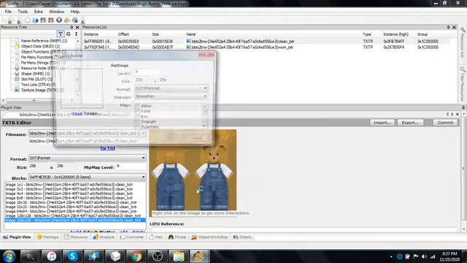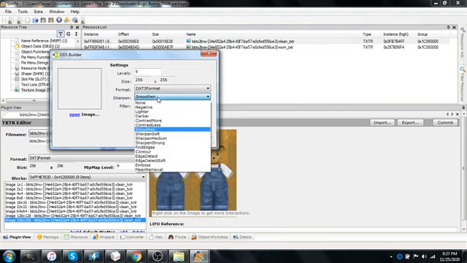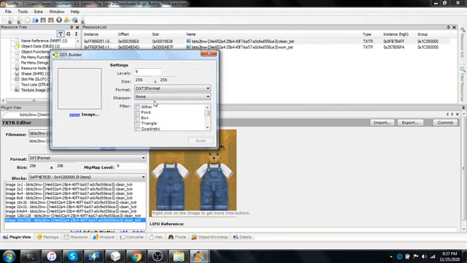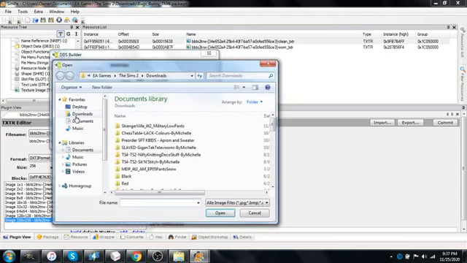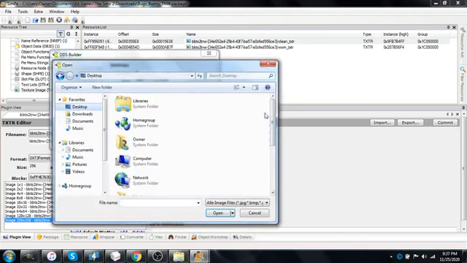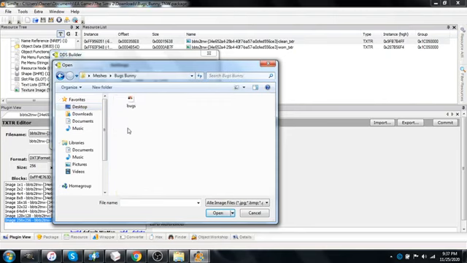So go to Build DXT, under Sharpen, select None, and since this texture is smaller than the Maxis texture, we don't need to change anything in the levels box. But if it was larger, we would change the levels to 12. And press Open, and go to your desktop, Meshes, and do your little texture